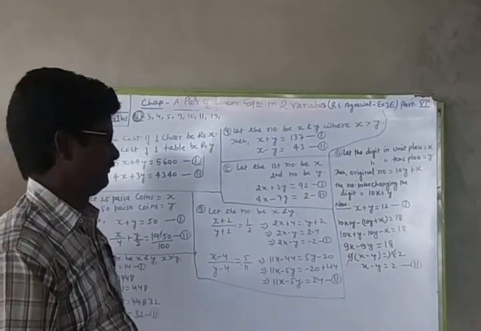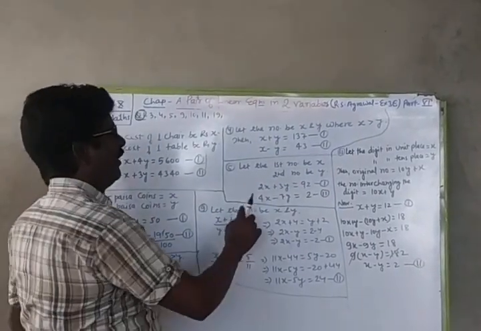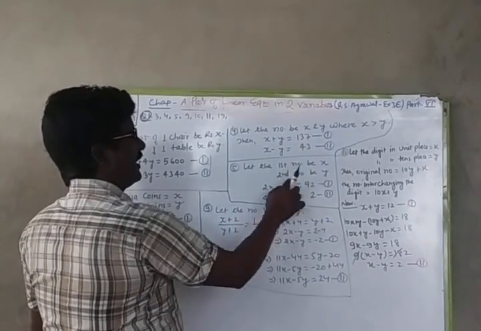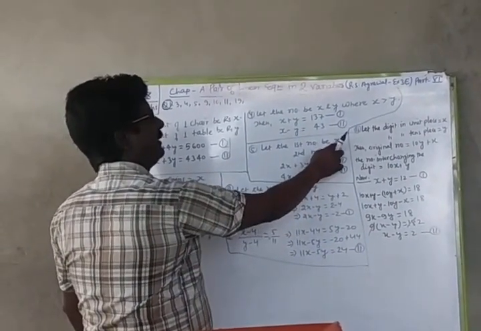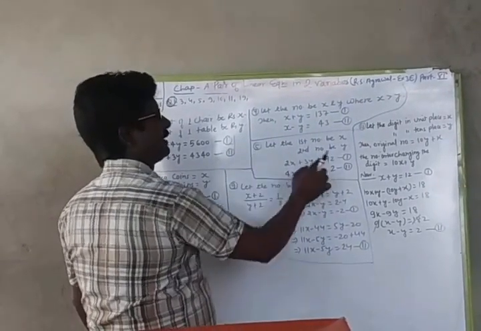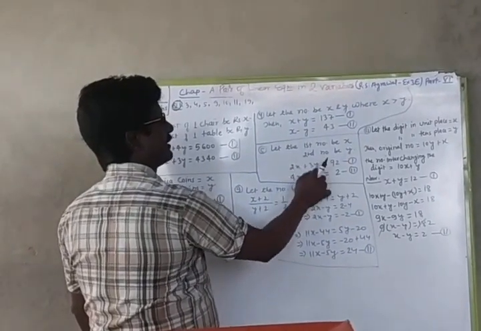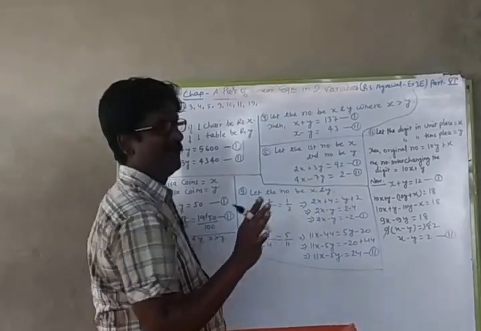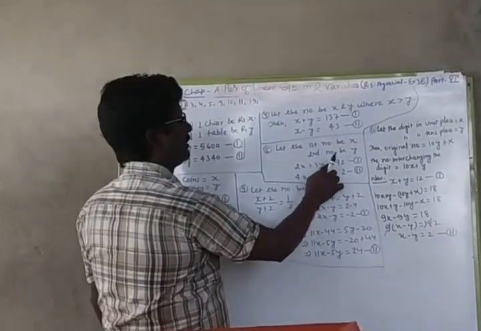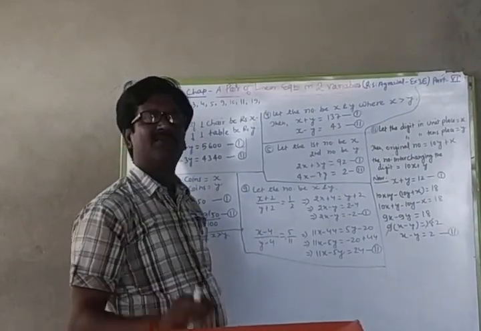And the question is, given twice of the first number is added with thrice of the second number. So twice of the first number means twice of x, which will be 2x, and thrice of y will be 3y, and their sum means when 2x is added with 3y, their sum is 92. This is how 2x plus 3y is equal to 92 is the first equation.